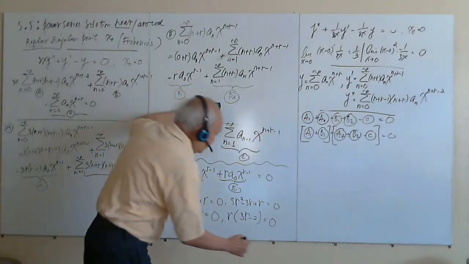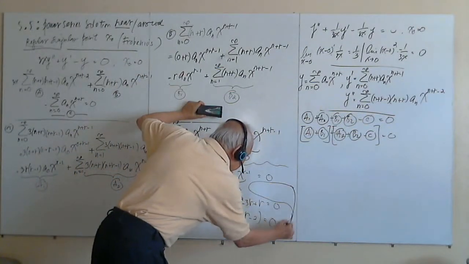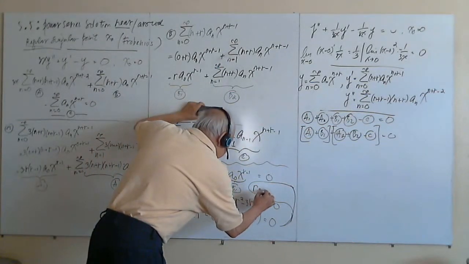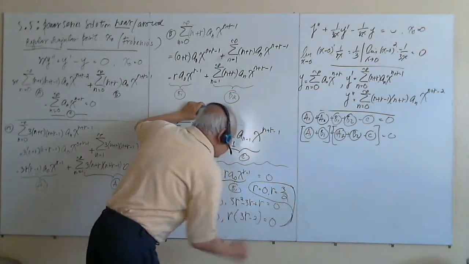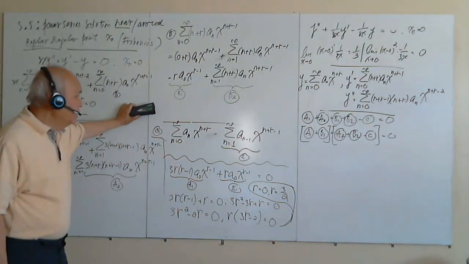I'm sorry here. So this one is up and down here. So I got r equal to 0 and then r here equal to 3 seconds. Right. Okay. Well, this is what we call